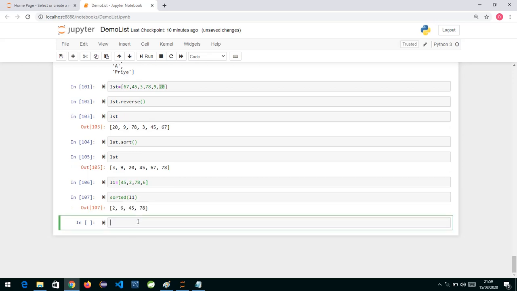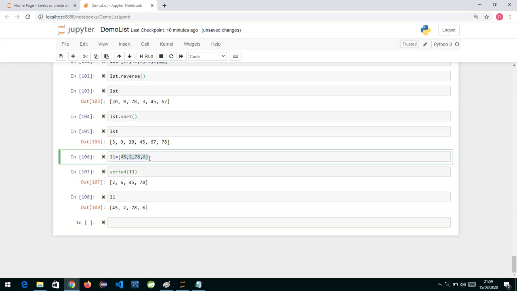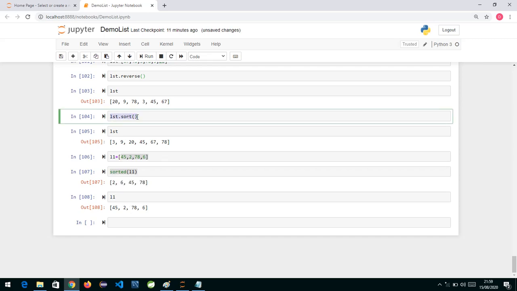But if I print the original list L1, it's not modified. The sorted function has created a new list, and the data in that new list is in sorted order. Whereas the sort function inside list does in-place sorting, so the list itself is modified.